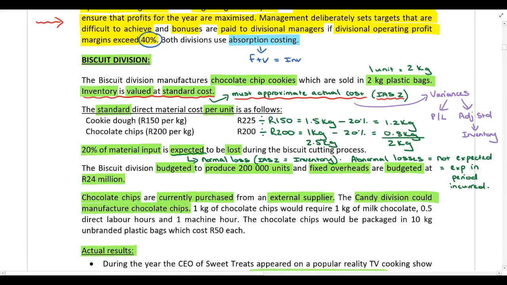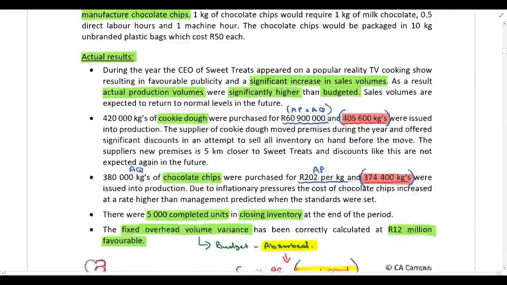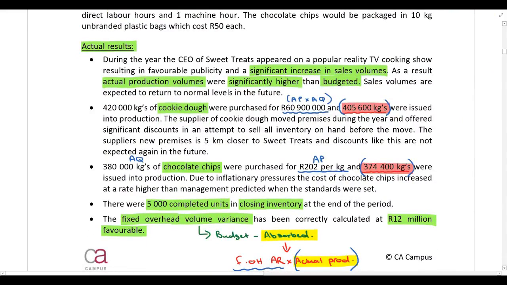So if we go back to the information provided in the scenario, the reason why that variance is favorable is because the supplier of cookie dough moved premises during the year, and they offered significant discounts in an attempt to sell all inventory on hand before the move. The supplier's new premises is now 5 kilometers closer to Sweet Treats,